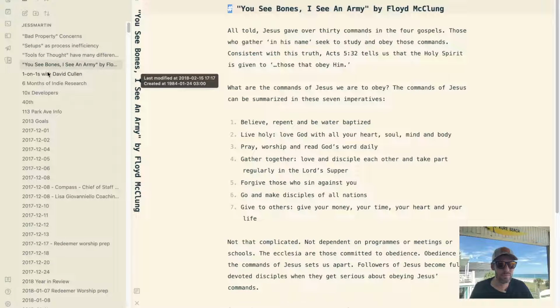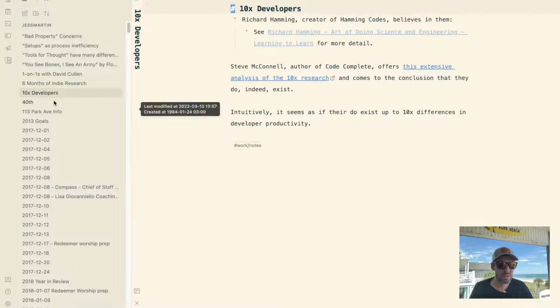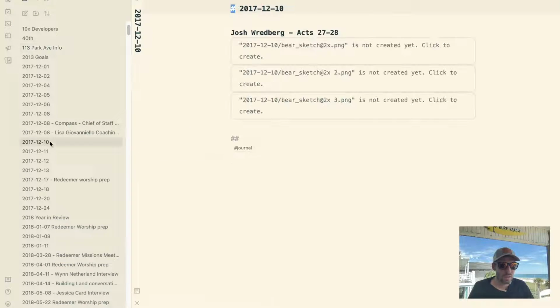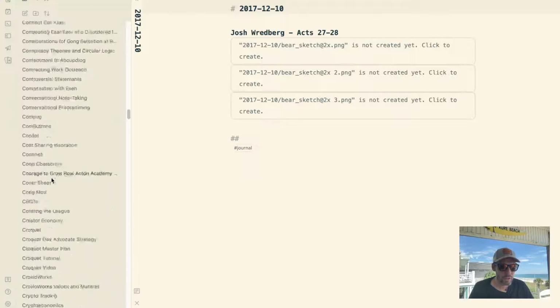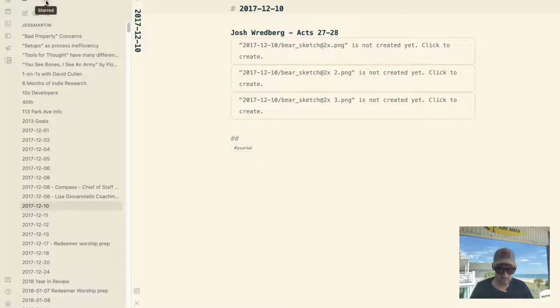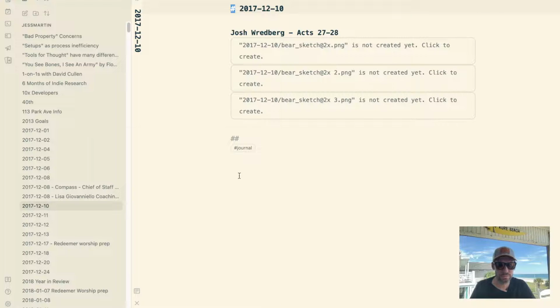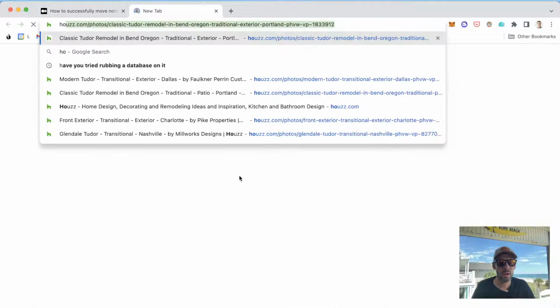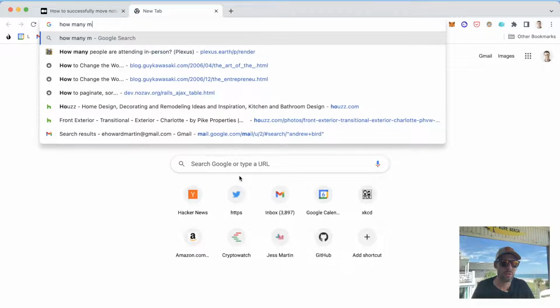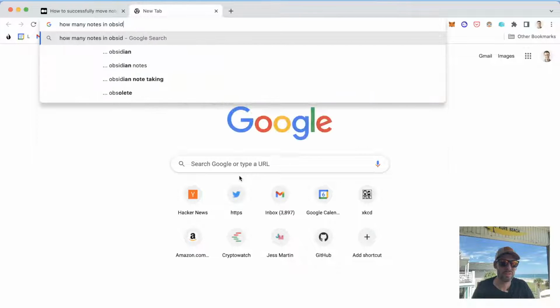Alrighty. Well, there's a bunch of files in here. I don't know if they're all in here or not. Is there a way for this to tell me how many notes I have? I'm sure there is. Let's see. How many notes in Obsidian?